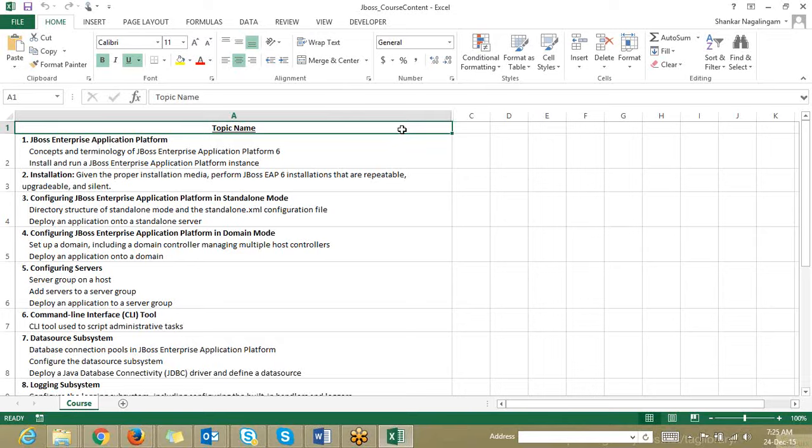Okay. Clear? The JBoss application server coming from the jboss.org or the JBoss community, we call it a standard edition or the community edition. The JBoss application server coming from the Red Hat company, Red Hat people, we call it an enterprise edition. Clear? So there's a difference between the enterprise edition and the community edition, right? The enterprise edition is nothing but a licensed JBoss application server coming from the Red Hat company.